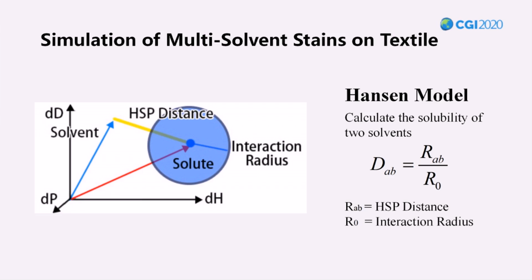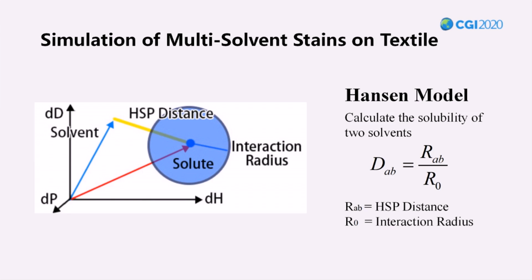These three terms are treated as vectors to form a three-dimensional space. According to Hansen's model, the interaction between the two solvents becomes evaluable. Three Hansen solubility parameters of two solvents are used to calculate the HSP